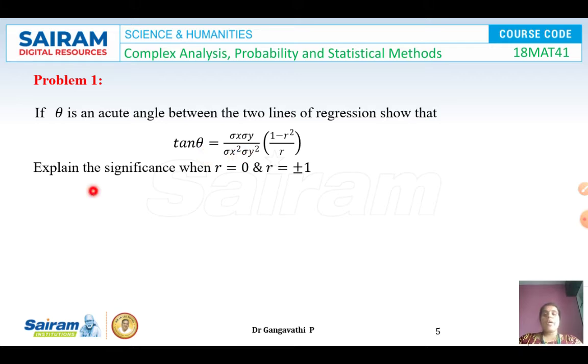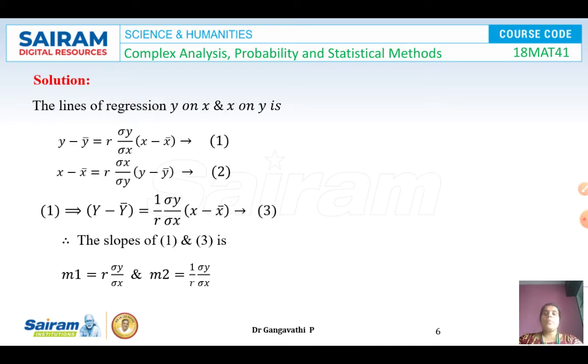And also explain the significance when r is 0 and when r is equal to plus or minus 1. So this is an important proof. Many times it has been asked in the examination also. So here the lines of regression y on x and x on y are given by, so write down the